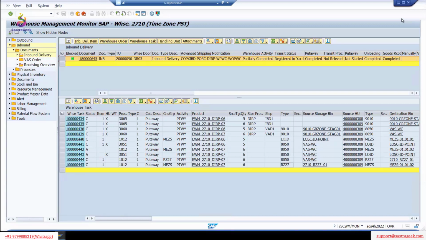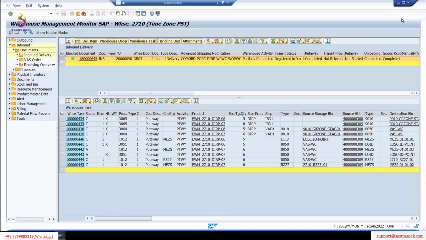With this product, our expectation is that it should go to the red zone because we didn't maintain the put away control indicators, right? Correct, sir. So can we do it in the sequence way for the MES second floor, or do we need to create a new STSS for